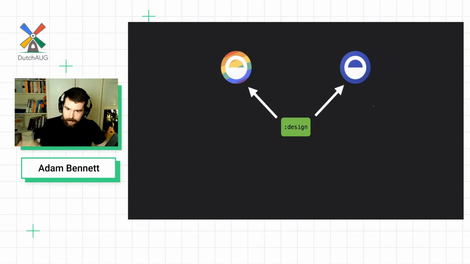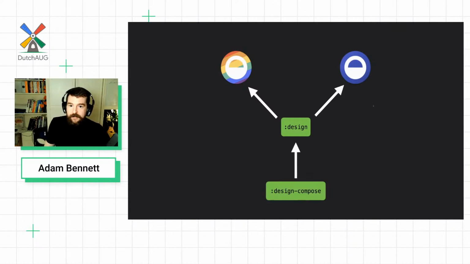This image here is a kind of naive interpretation of our module dependencies. On the left, we've got our design app, and on the right, we've got the main Cuvva app, the one that actually pays the bills. And obviously, both apps depend on the design modules. You might start off by integrating some Compose directly into your design modules, but the chances are you're going to end up breaking something in the main app.